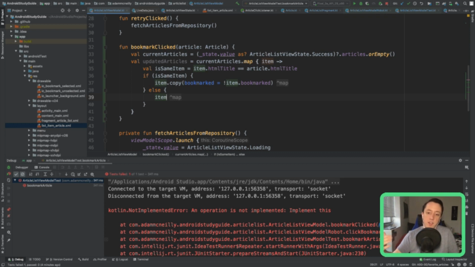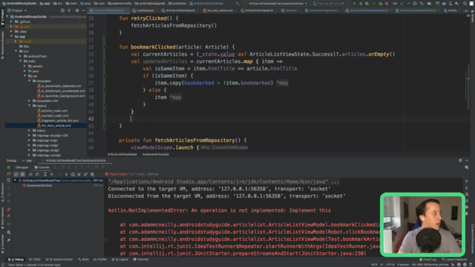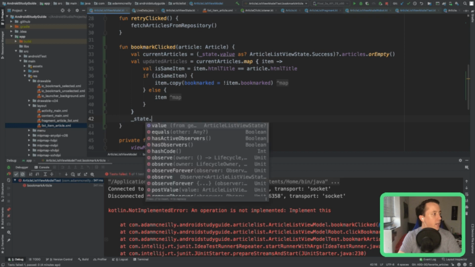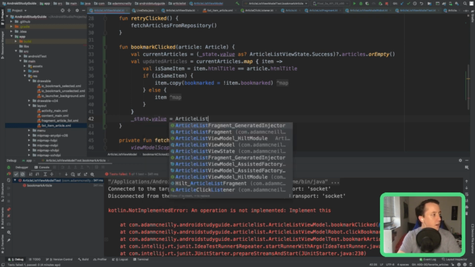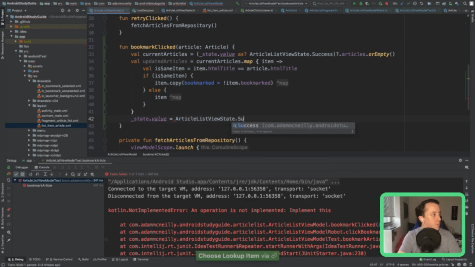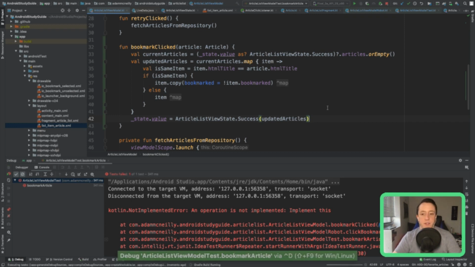So we wouldn't do this iterative approach that we have here. But again, let's just build a quick proof of concept to show that we can favorite articles. And then we can post a new state. So let's try that out. Let's see if we got it working.